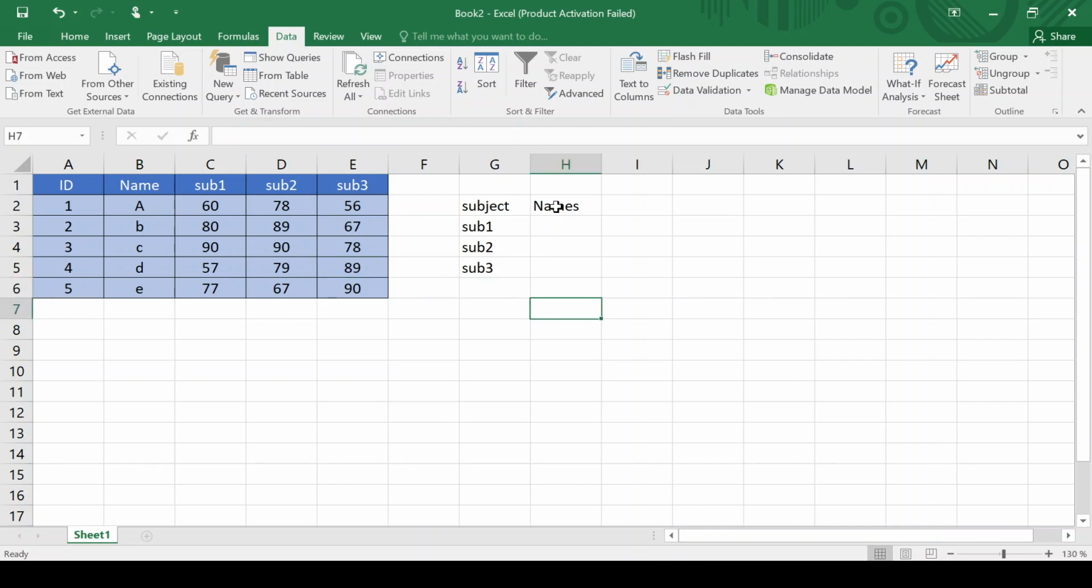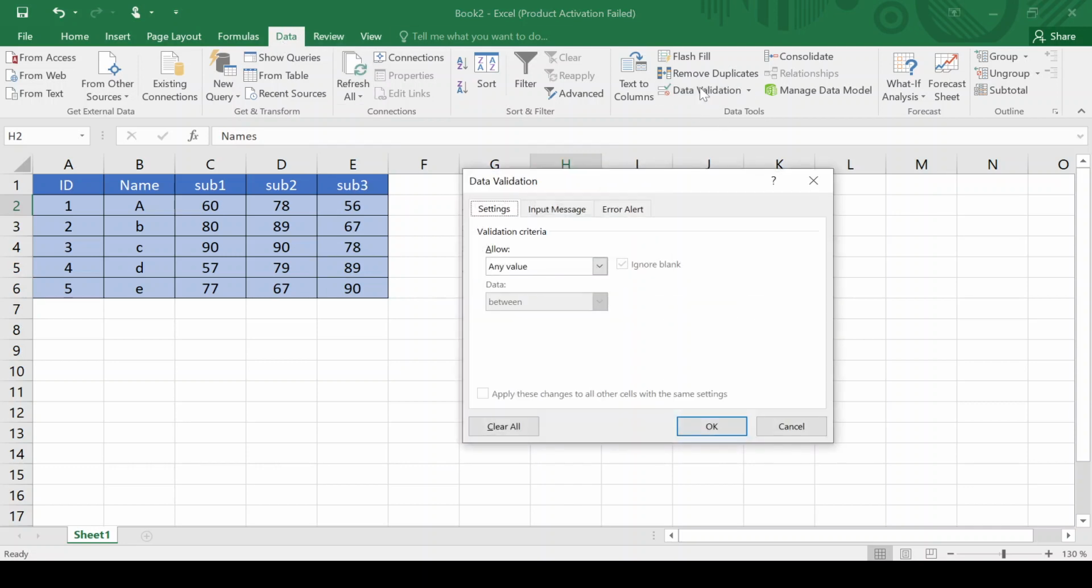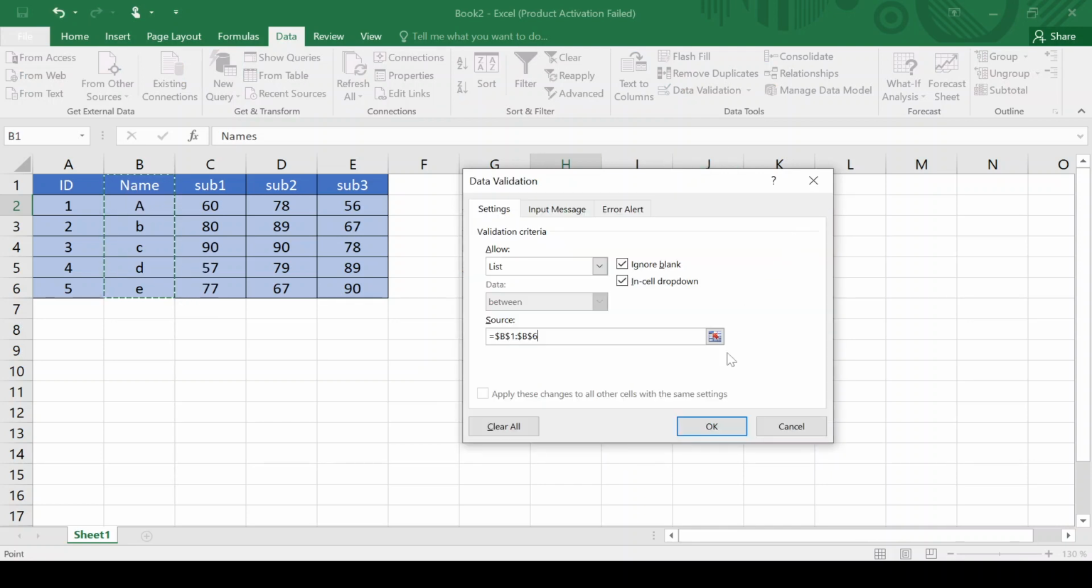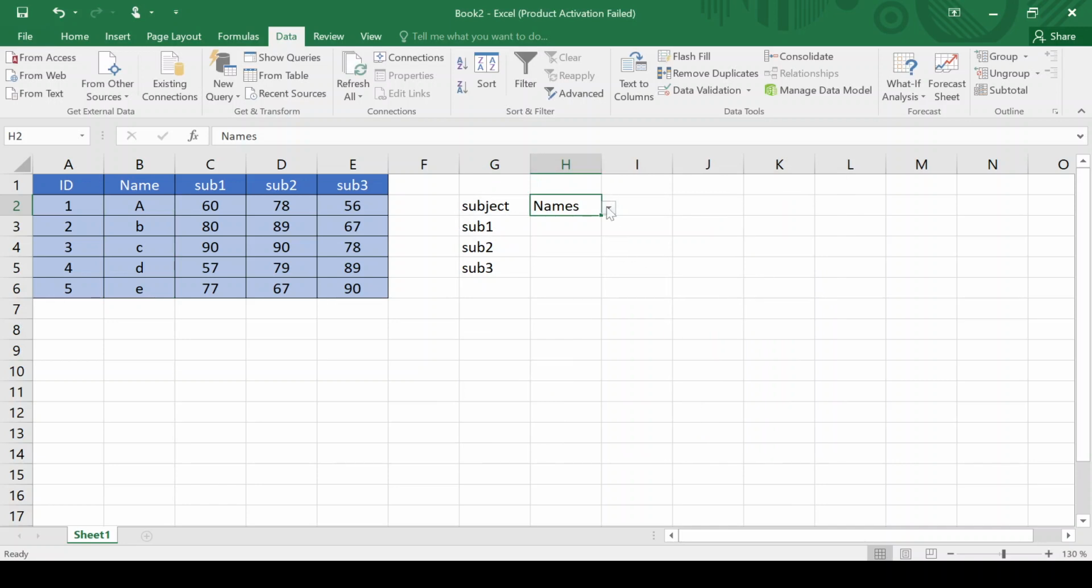So first of all, I will create a drop down. So for drop down, we'll go to data. In data, we go to data validation. Here we have to select list, and here we have to select range from name field. Then OK. So we have got drop down here. Now here I'm selecting E,